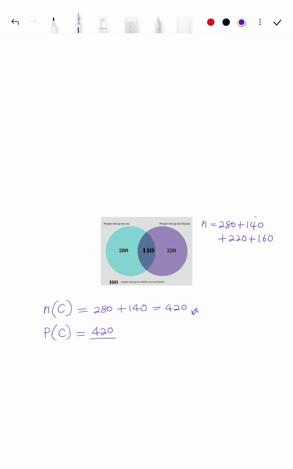So these two make 300, and then we have 520, 600, 800. So N is 800. So in order to find the probability of C, it is equal to 420 over 800,